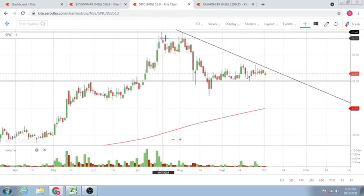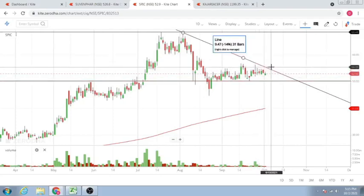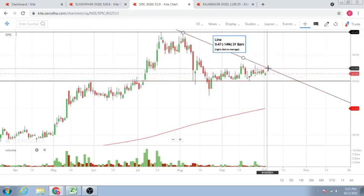On the higher side, the stop loss could be the last 5 days low, that is last week's trading low, or last month's trading low, whichever you are comfortable with. Coming back to the actual rates, the entry should be in the range of approximately 54 to 55, as in when you see it moving above this trending